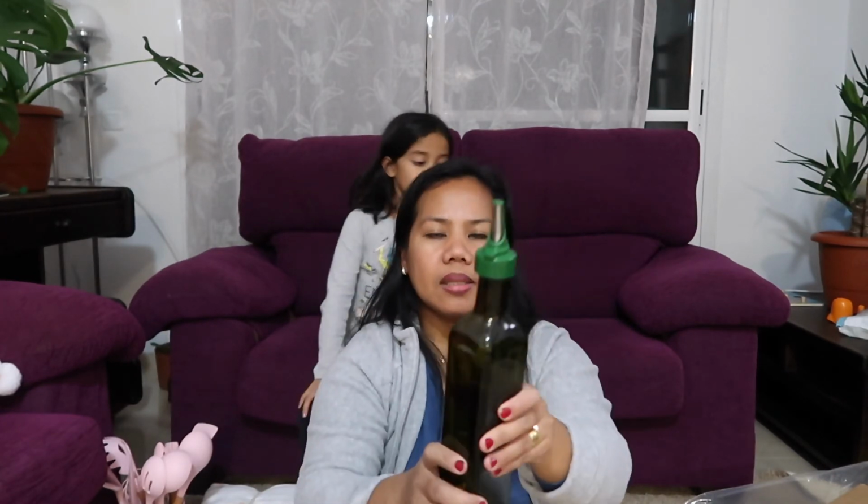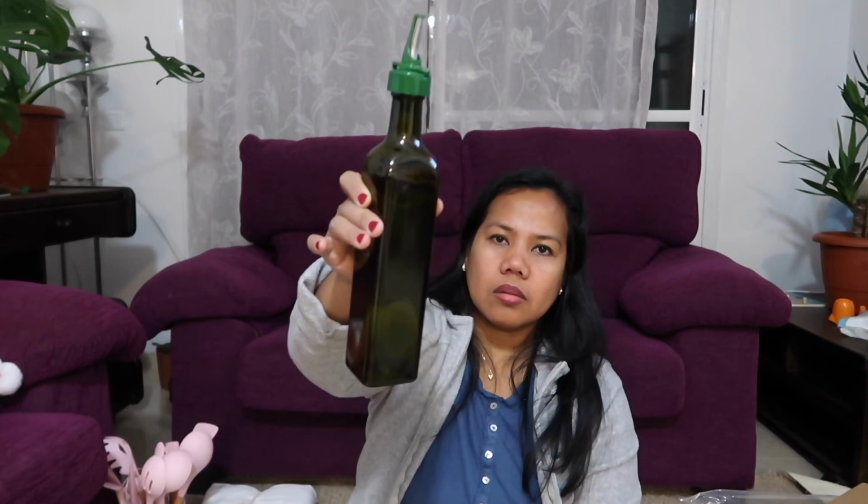So ayan guys. Ang ganda niya. The quality is really so nice, and you can just press this and you can control how much olive oil you want to put. Yes, so kasi guys, yung sa akin kasi malaki kasi masyado guys yung lagayan ko ng olive oil, and it takes lots of space. Kaya yun, bumili ako ng